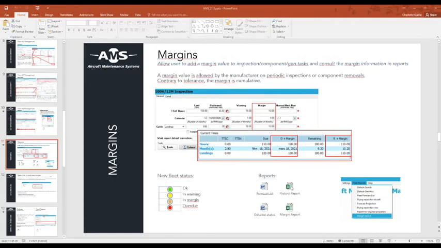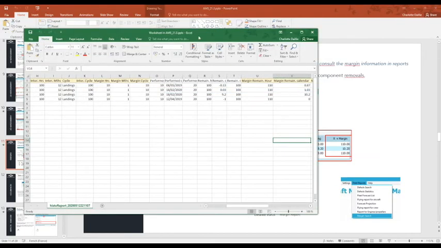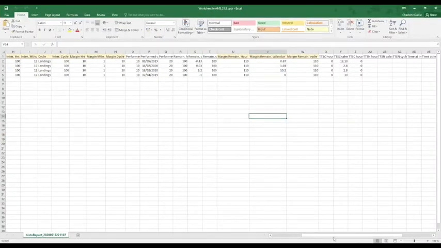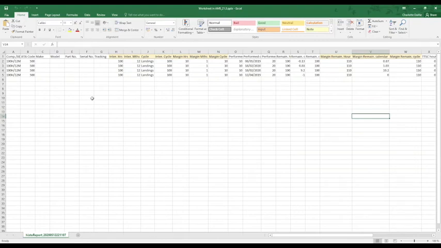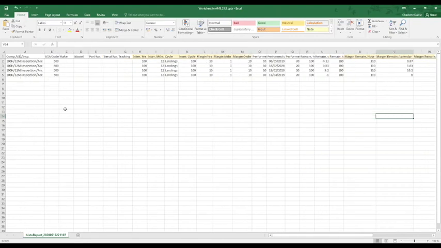We made some changes inside the history report, so I show you that quickly. If you are used to going inside component history data and doing some research for the fleet or even for an aircraft, we have added interval hours, months, and cycles, so you will have the information directly in here. If you are using margin, you will have the information too.